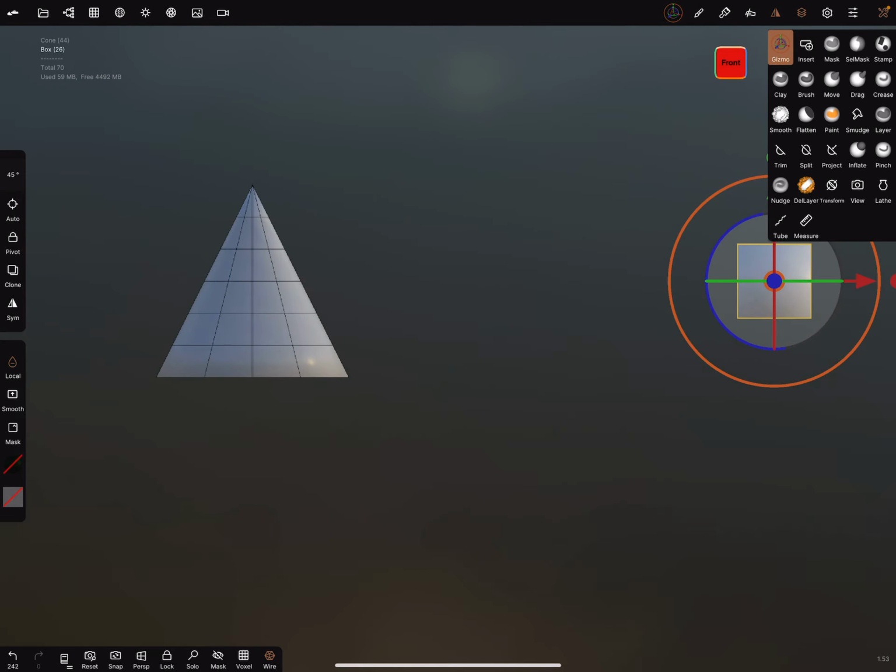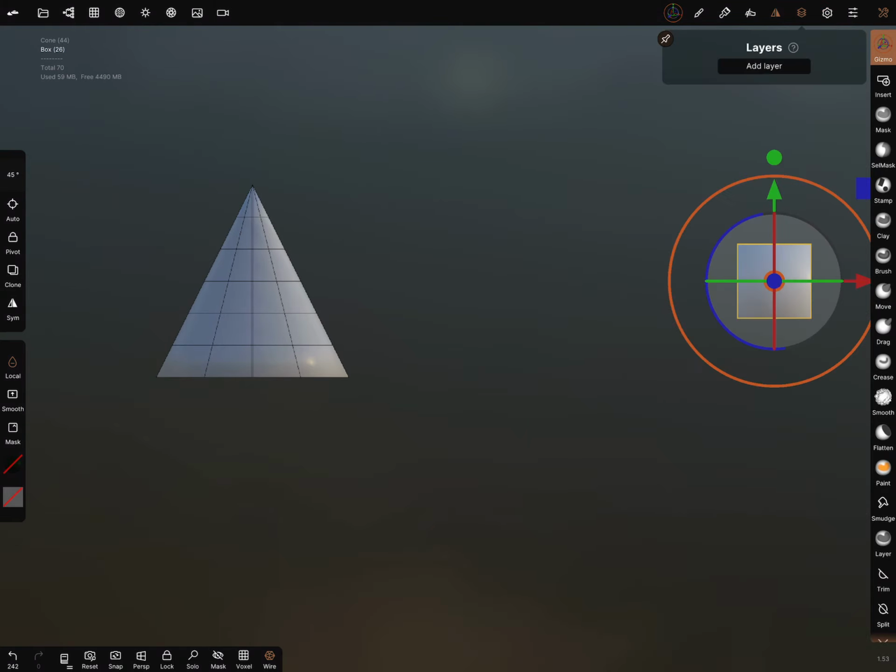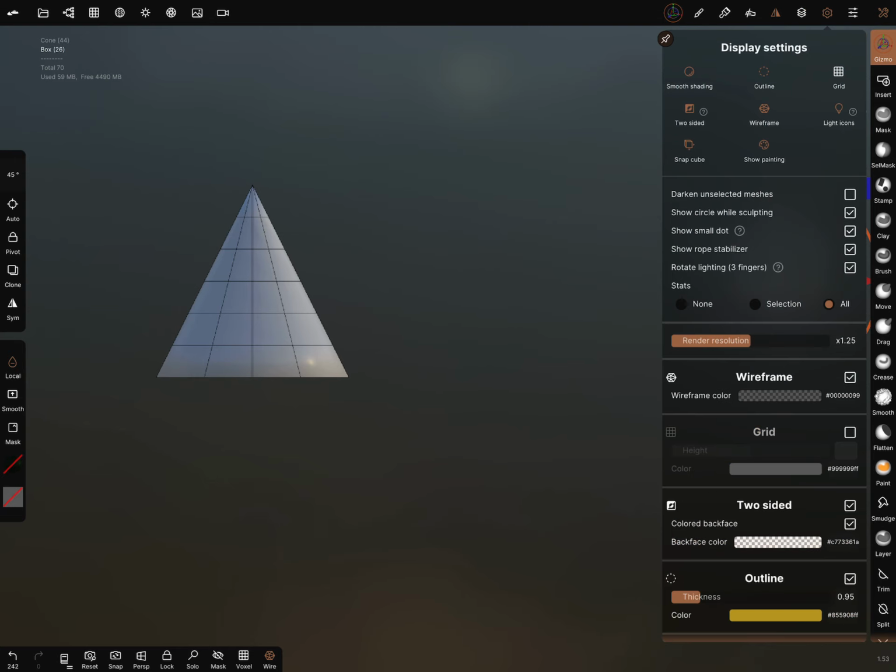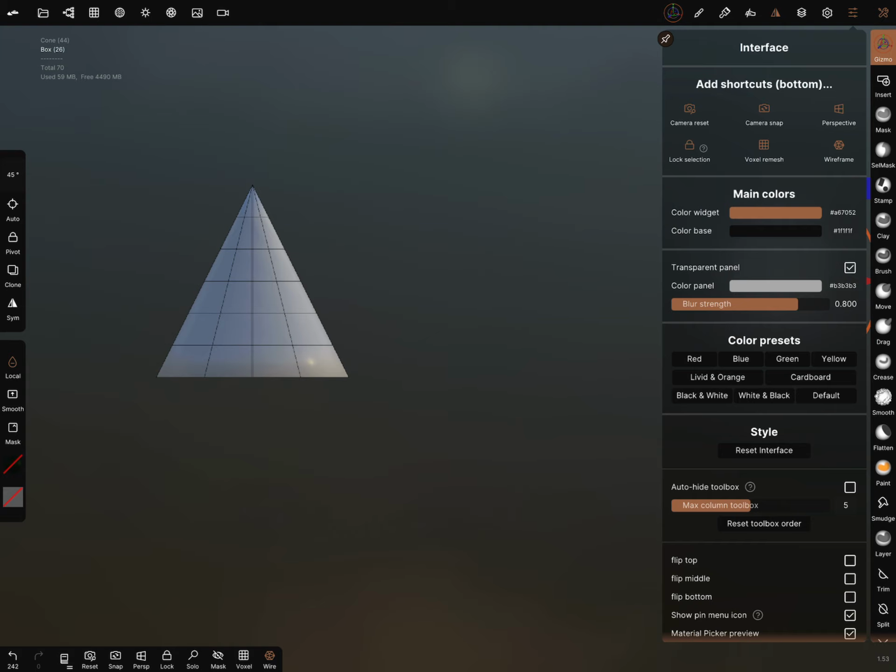Okay, I jump back to the box, and then you can adjust here in the settings the lock section. It appears on the lower part of the menu down here.